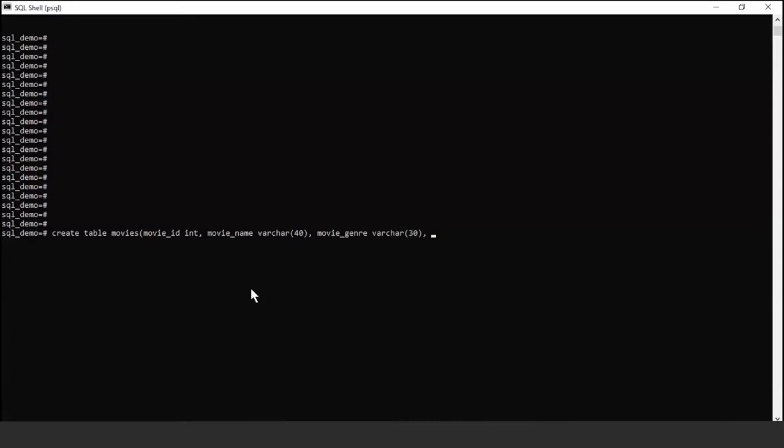And my final and the last column will have the IMDb ratings. So I'll write IMDb underscore ratings. Now the ratings will be of type real, since it can have floating or decimal point values. If I close the bracket, I'll give a semicolon and I'll hit enter. There you go. So we have successfully created a table called